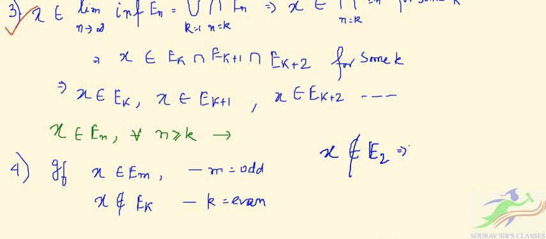So we can write x does not belong to this E1 intersection E2 intersection E3,